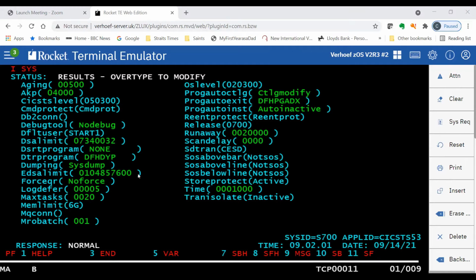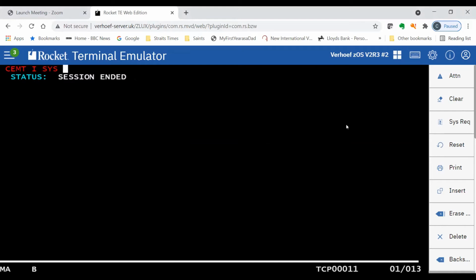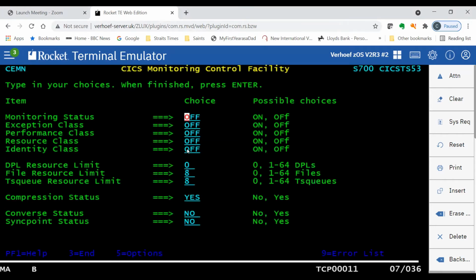Okay, I'm going to clear my screen. The first thing we need to do is the monitoring, CEMN. In order to have the statistics as well as the normal type 110 records being sent to SMF, we must turn the recording on.